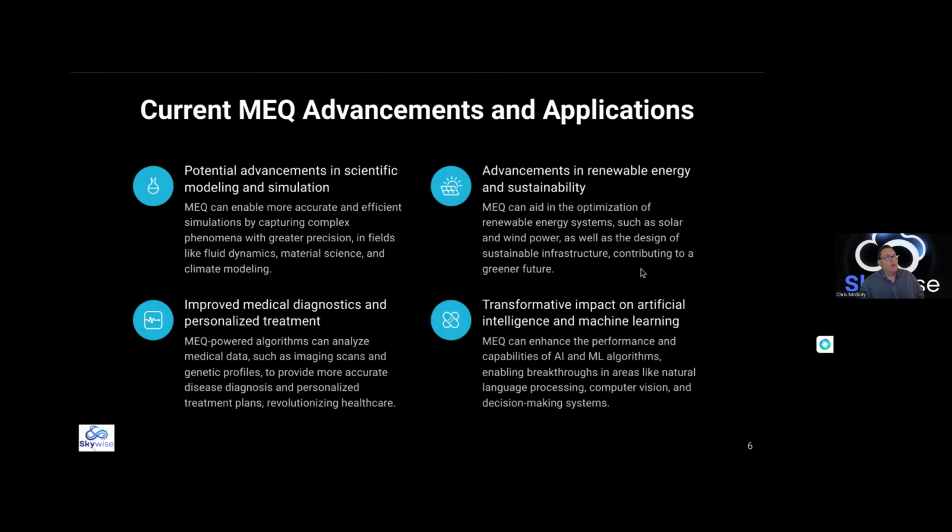So this is what we're currently working on. There are certain groups of things that we're focusing on at this point in time. The scientific modeling and simulation, we've gotten very good at that. We can do that almost as a science-as-a-service type of thing, where we can apply that to specific use cases, or we can apply it to entire fields of study.